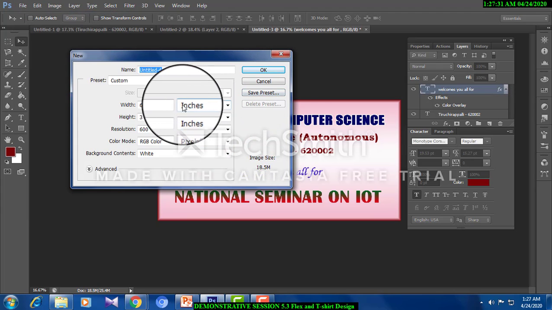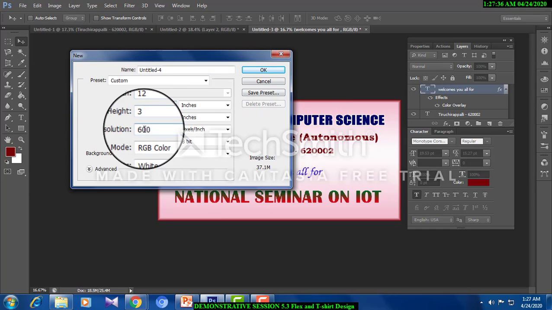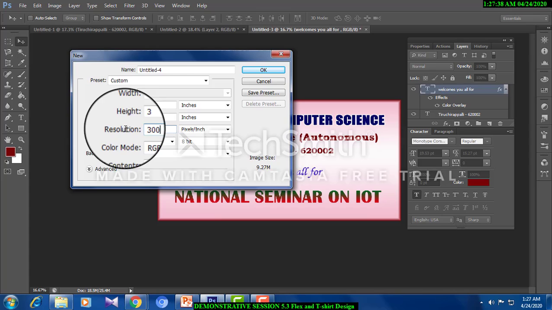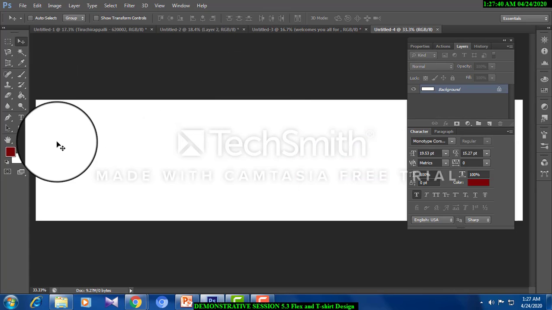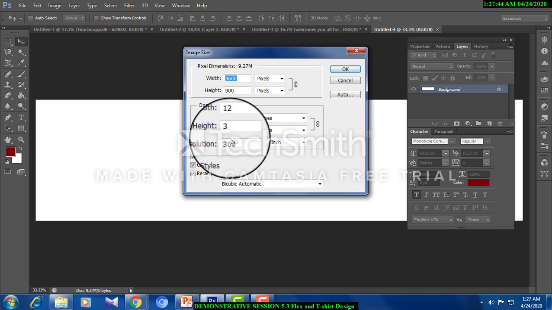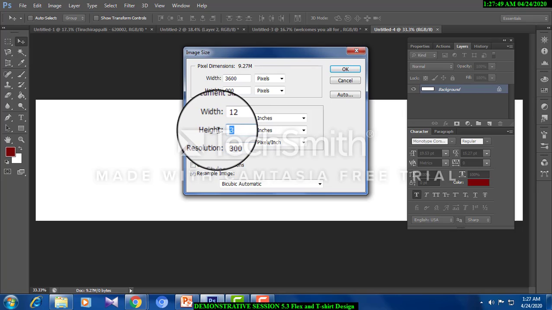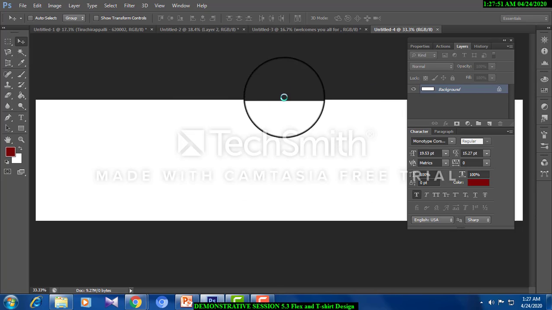Now, t-shirt designing is a fancy kind of designing using Photoshop, and you will all love it very much. And I'm increasing the size. How do I increase the size? Go to image size, increase the size of the height alone. That's all.